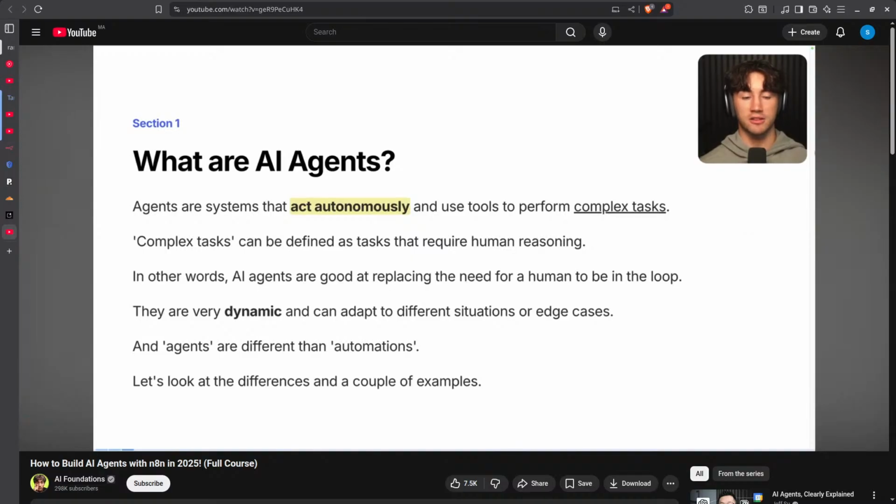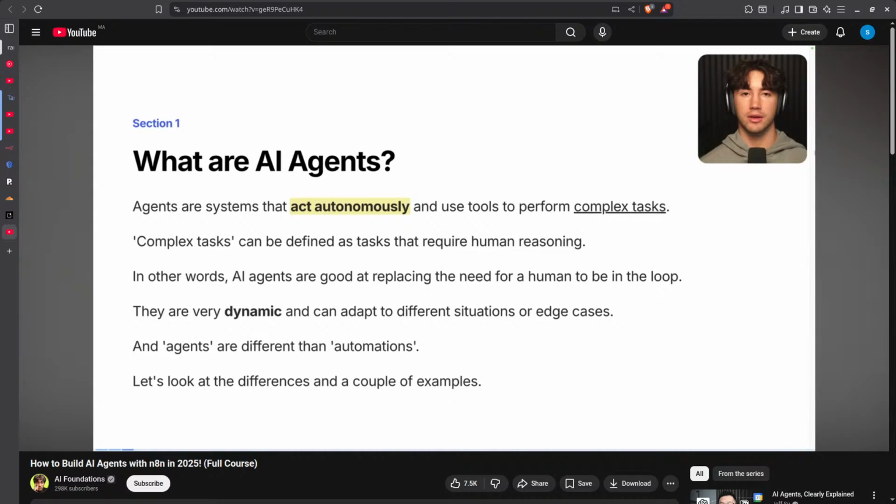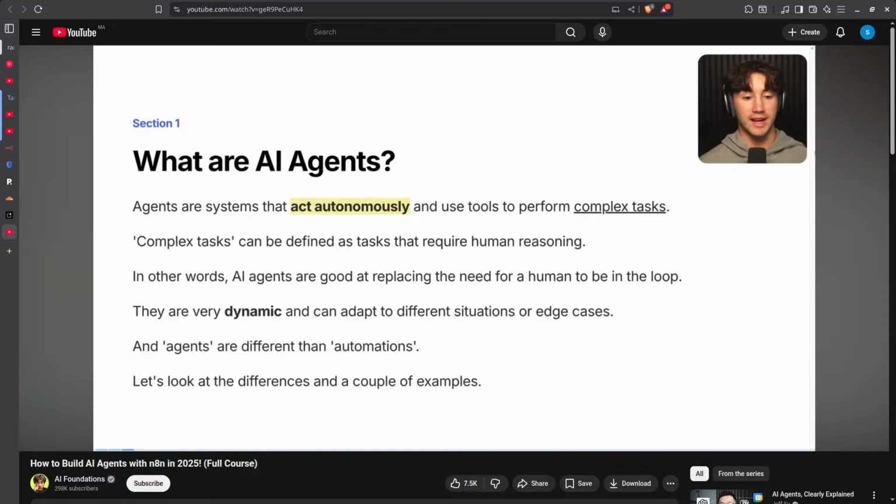Well, agents are systems that can act autonomously and use tools to perform complex tasks. In the case of agents, I'm going to define a complex task as a task that requires human reasoning. So in other words, AI agents are very good at replacing the need for a human to be in the loop. They're very dynamic and can adapt to different situations or